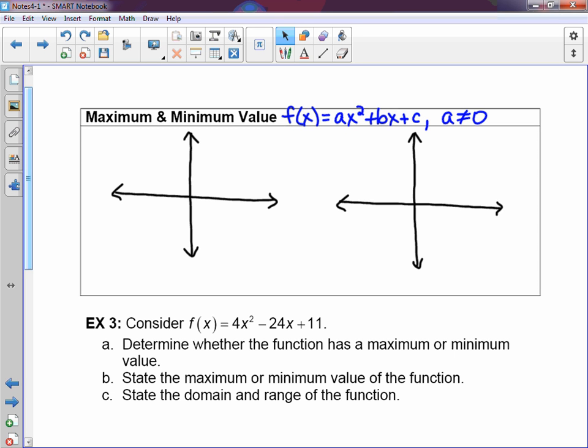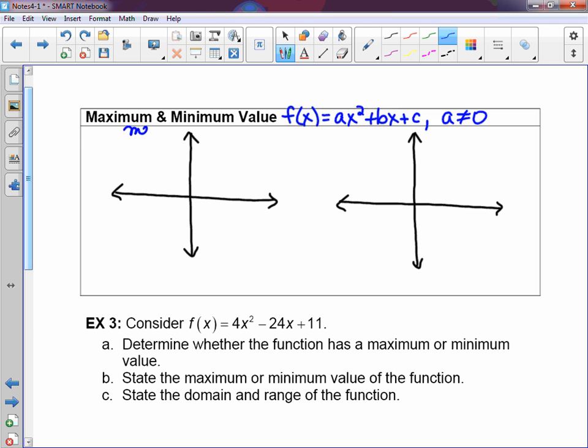Why is it important that A does not equal 0? What happens if A is 0? Yeah, it's a line. If A is 0, you no longer have a quadratic equation. You now have a line. So A has to be a number. It means it can be anything but 0. Okay, so just in general,